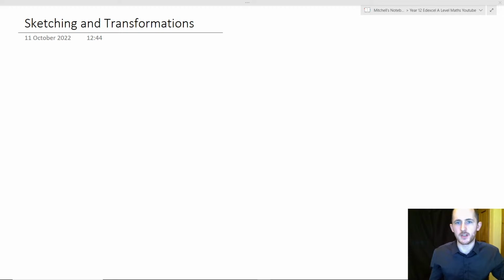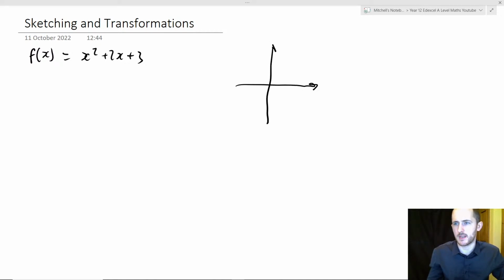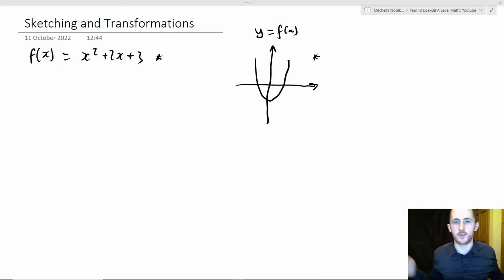So whenever you have transformations, what they'll do is they'll give you like an equation. So it might look something like this, right? Or they'll say, apologies for the terrible drawing, they'll give you that this is the graph of y equals f of x, right? And it'd be like whatever kind of shape. And then they'll ask you to transform it. So it'll either look like this or it'll look like this. Either one is fine. And then what they'll do is they'll say f of and then some kind of transformation, okay? So what we need to remember is inside the bracket,